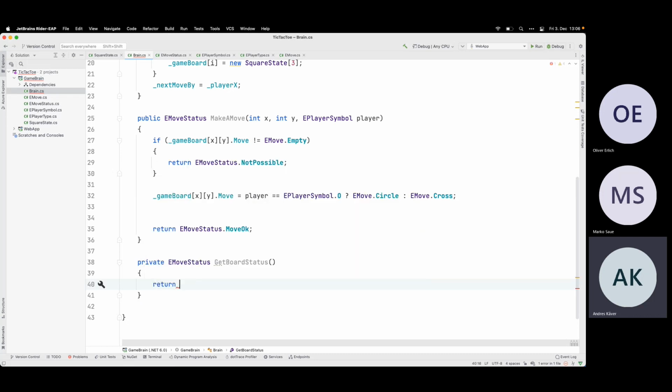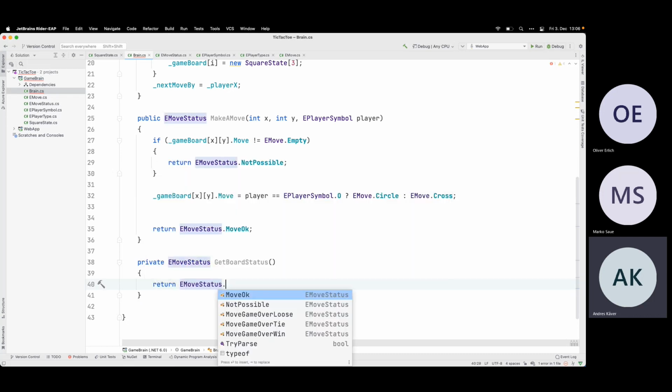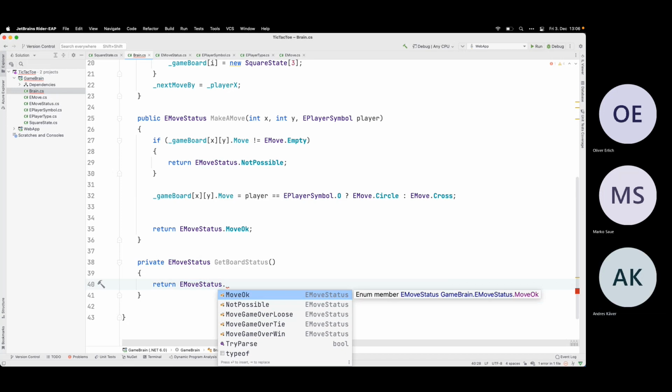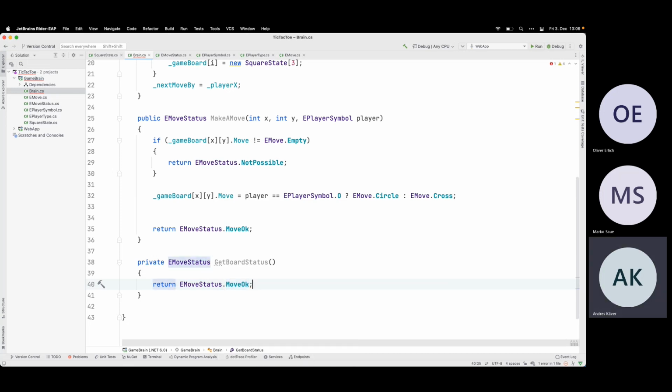So the final one is probably EMoveStatus move ok. So nothing extraordinary happened, and now I need to calculate it. Let's see, check.